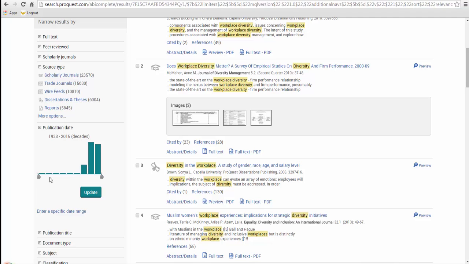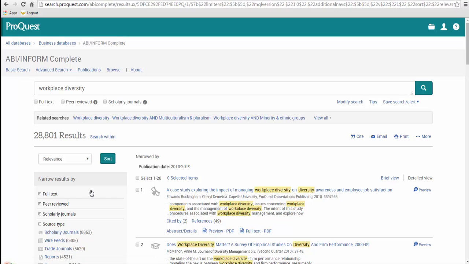And I would say maybe 2010 to the present would be a good time frame to work with. So you can slide the bar over, and if you hover over it, you'll see the date range. It's from 2010 to 2019, which obviously hasn't come to be yet, but they go by decades. So we're going to be able to now search for that range, and we're down to